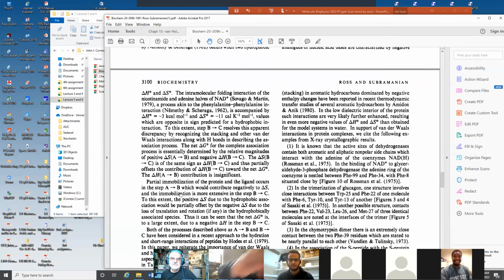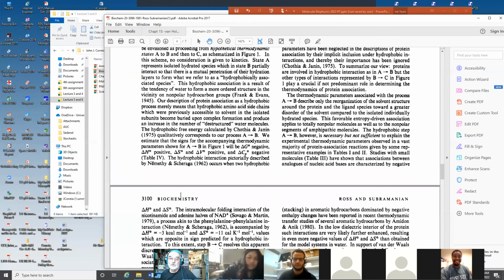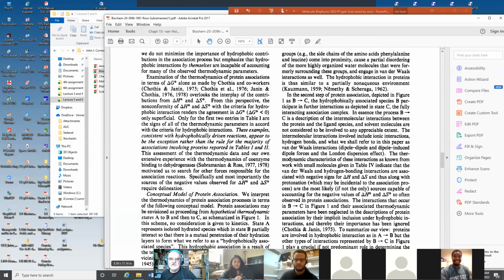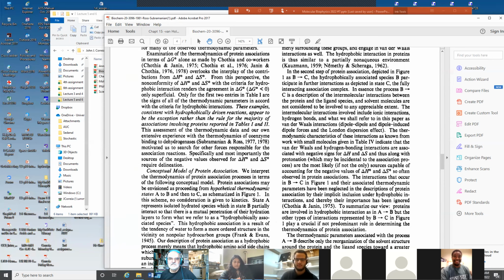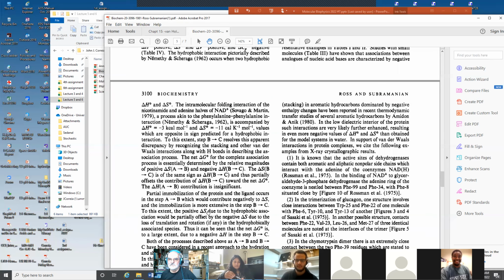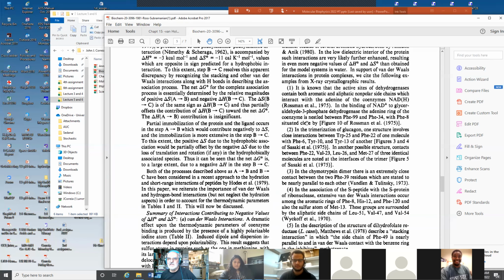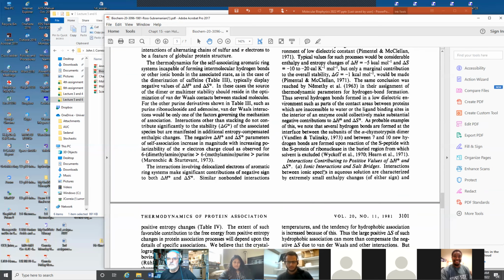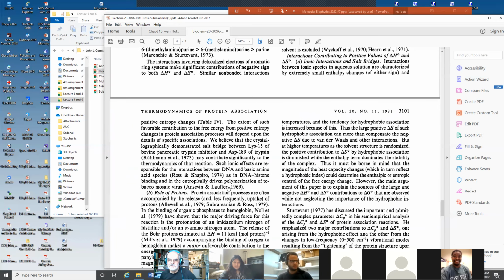So there's a lot of discussion in this paper that I think is worth reading and thinking about. They go through each one of these interactions and try to make an argument for why the signs are what they are. Okay, they go through hydrogen bonding and van der Waals contacts, etc. They describe stacking interactions in some great detail. There's the hydrogen bonding. So the interactions that contribute to negatives, the interactions that contribute to positives, they go through